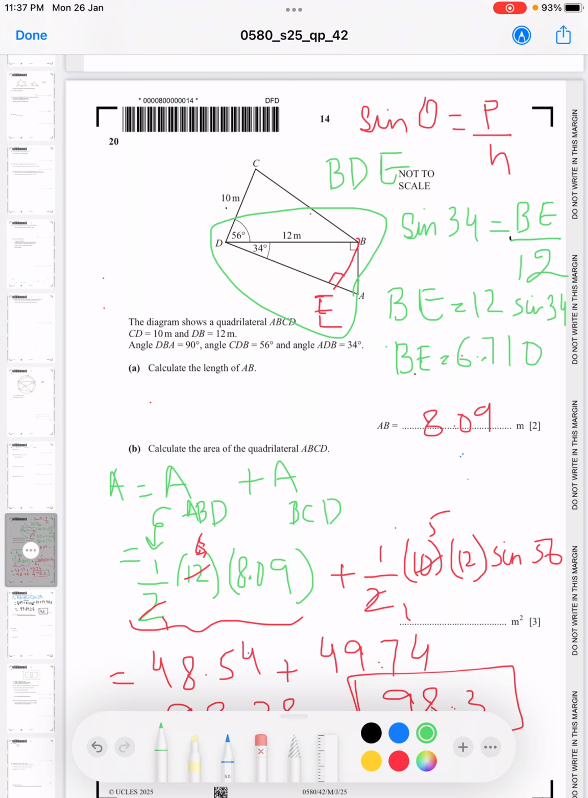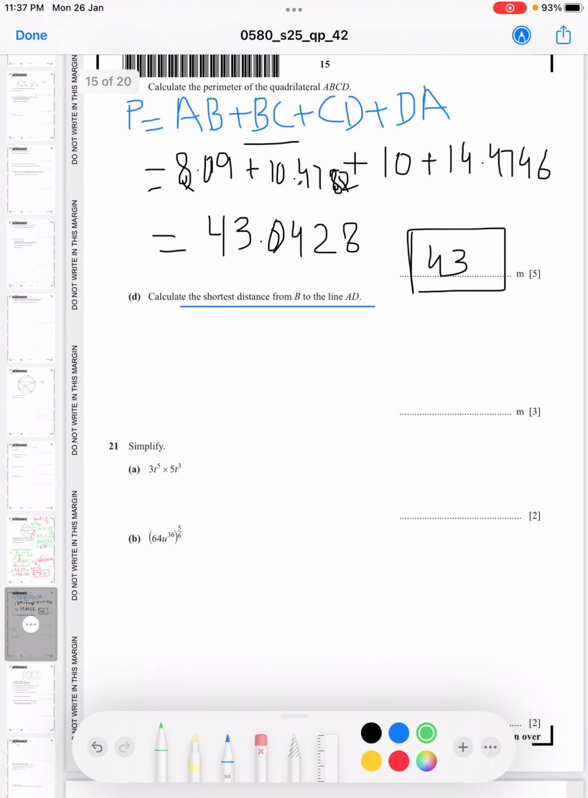and from here you get BE equals to 6.710. You get 6.77 or 71, whatever you want. So this is the shortest distance from point B to the line AE. So this is the answer for question number D,